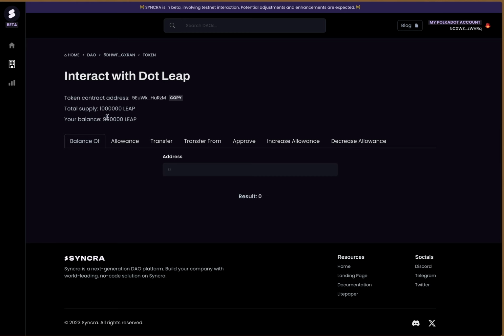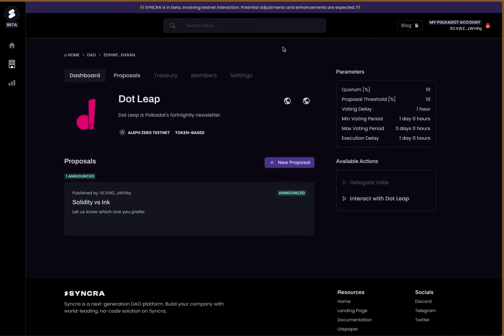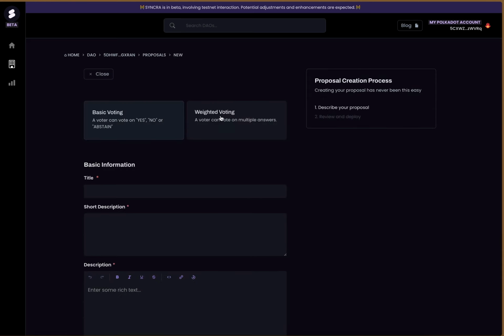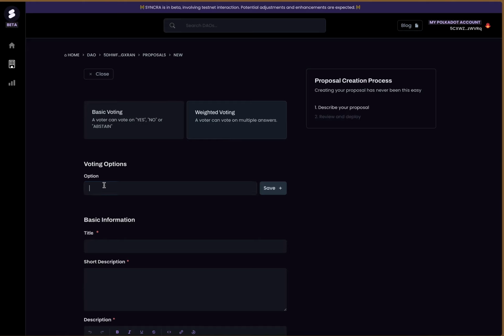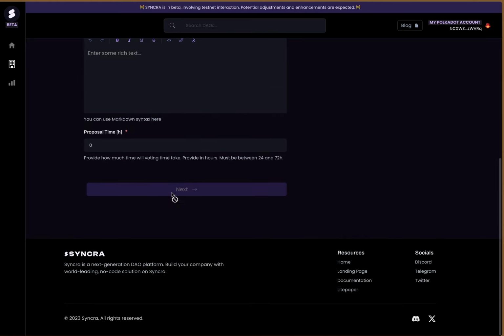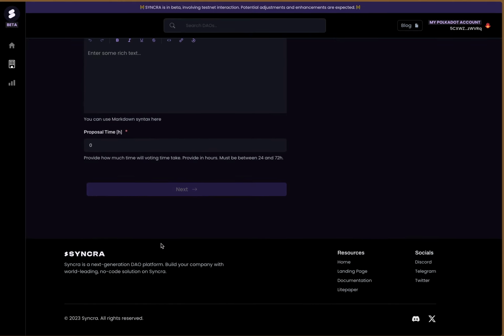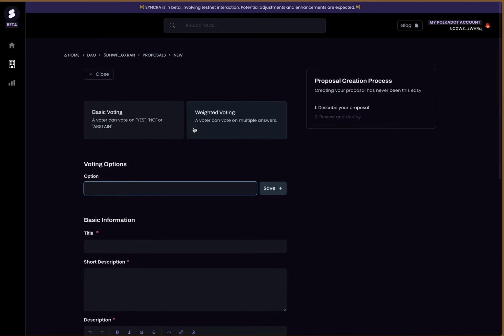Aha, okay, so yes, indeed, 10% of my allowance has been locked in the system during this proposal. This is good because it prevents proposal spam. So let's make a new proposal. It's a bit slow in terms of UI, so I hope that can be improved. Weighted voting option. Okay, so now we can put options in, and these proposals look like they are just polls, so there's not even going to be actions based on these, it seems.